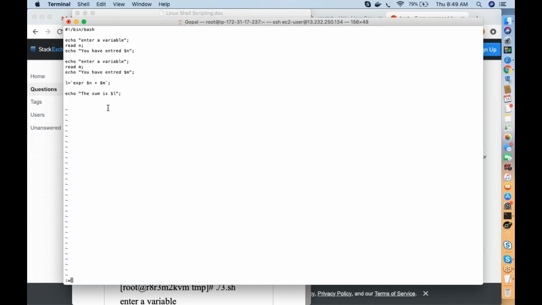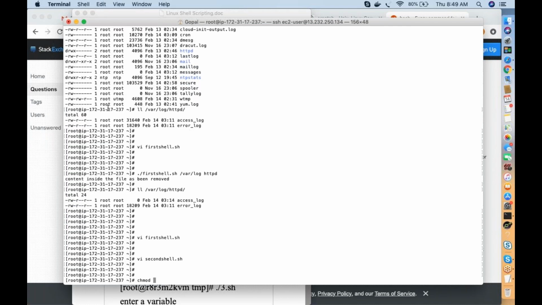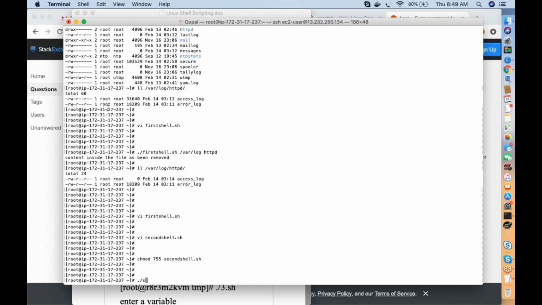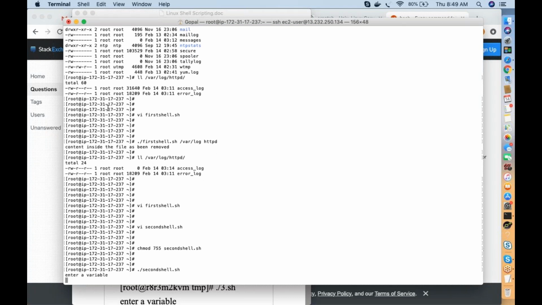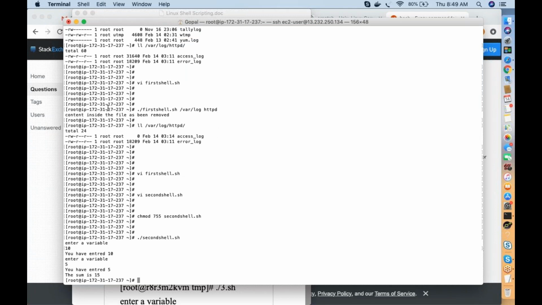Now let's do this. I just execute the script. I'm not providing any input. See, it says enter a variable, so I'm telling 10. Okay, you have entered 10, and it asks for one more variable, so I've entered 5. The sum is 10 plus 5, the sum is 15.